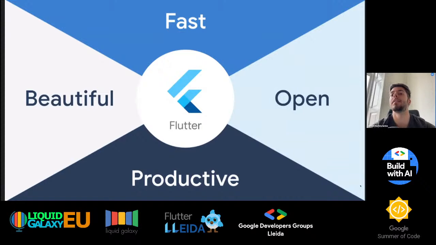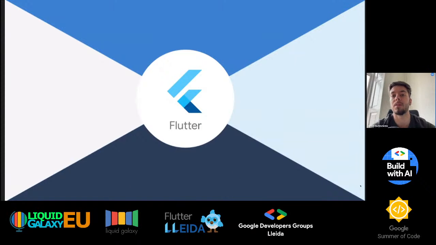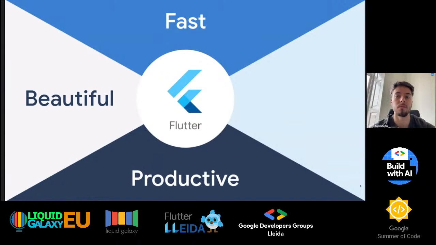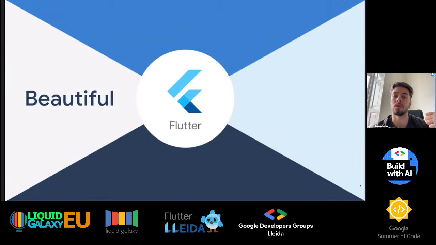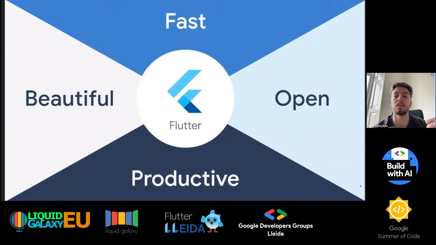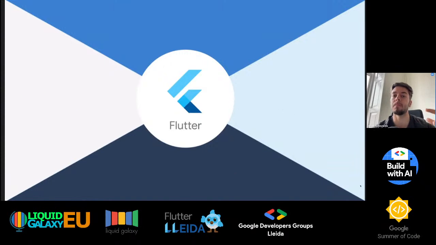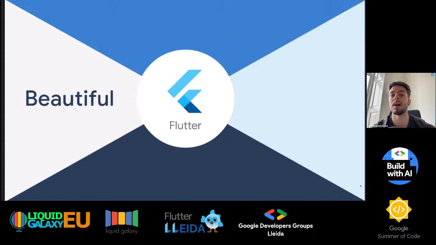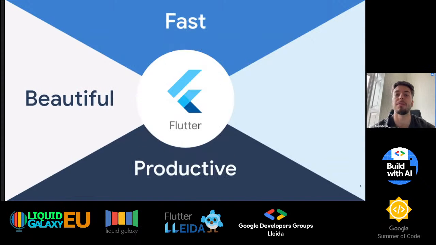And Flutter has four principles, or four pillars, about the framework itself. It's beautiful because you can make the UI that you want. You can go pixel perfect. You can write every pixel that you want. It's fast because it will compile to native. It's open source on GitHub, so you can contribute to the project. And it's also productive because we have tools to work with Flutter very